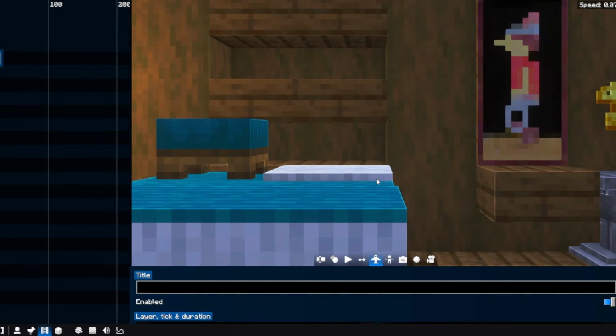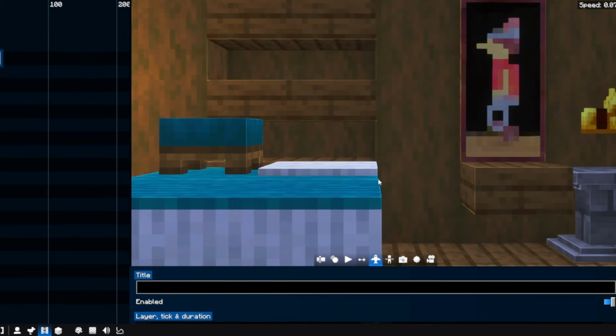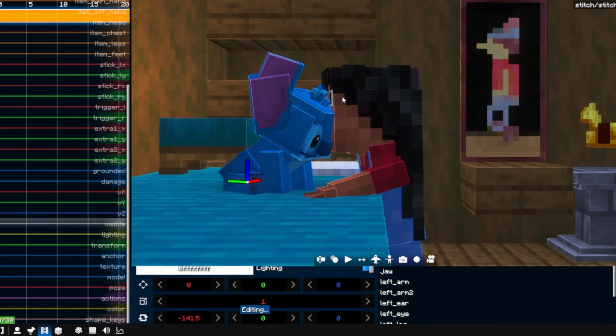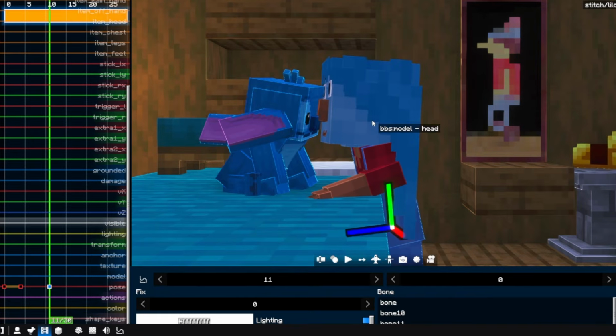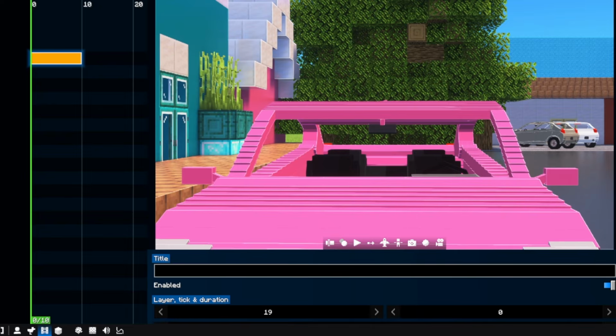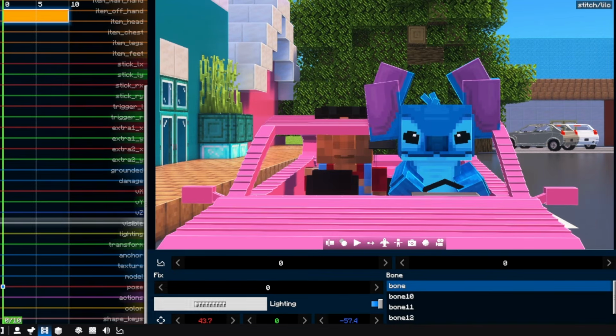Okay, for this first shot, I'm going to place the camera just behind the bed, and we will place Lilo here and also Stitch in this position, and we will animate it so that Lilo gives Stitch a kiss on the nose. Well, for this shot we will place the camera in front of this car,